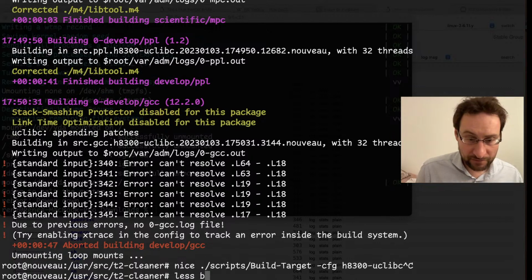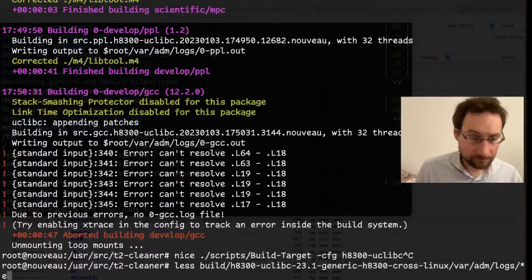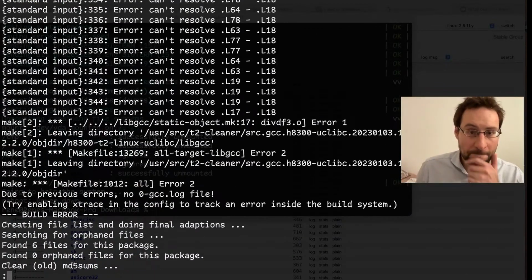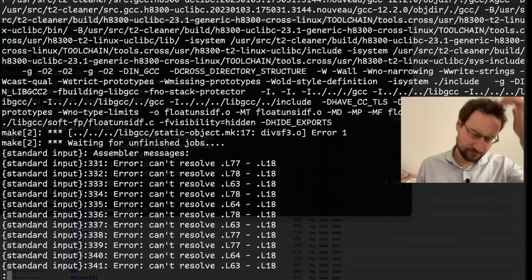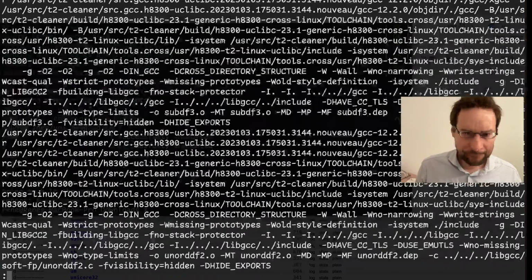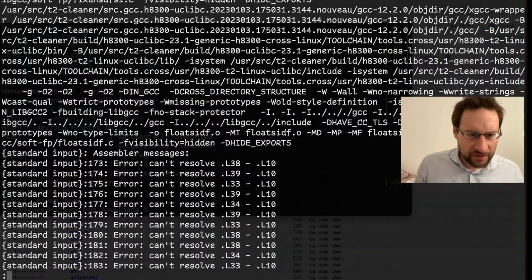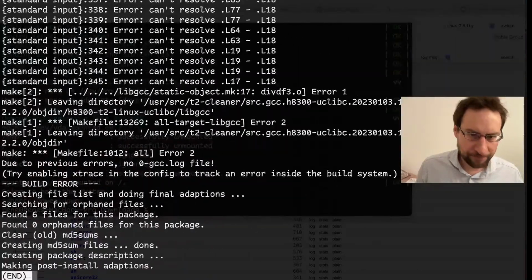What's going on there? Static object libgcc. Yeah, that is always super annoying. Can't resolve. What's going on there?